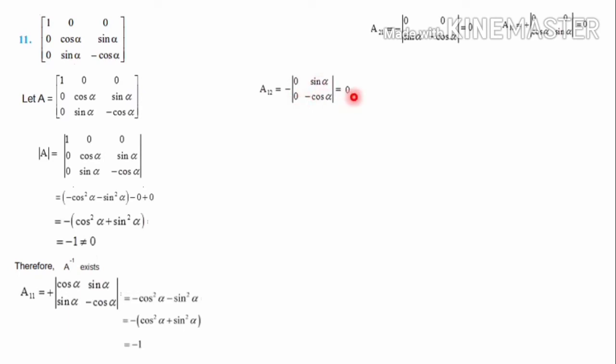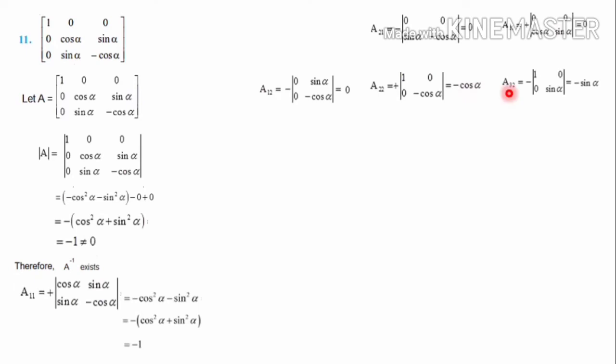Finally, we have got the answer 0. Next is the A22 element. Here the outside sign is plus, because 2 plus 2 is 4, and 4 is an even number. Second row, second element, that is cos alpha. If you take cos alpha, that particular row and column are gone. 1, 0, 0, minus cos alpha are the elements. When you calculate 1 into minus cos alpha, that is minus cos alpha. 0 into 0, that is minus 0. So minus cos alpha is the answer.